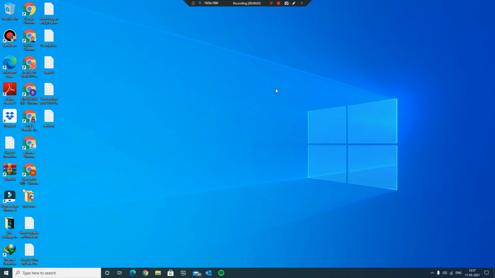Everyone, today I am going to show you how to make a file or folder undeletable in your Windows 10. It may be very useful to some users, especially if you have something important on your computer. So you can use this method to make that folder or file literally undeletable.